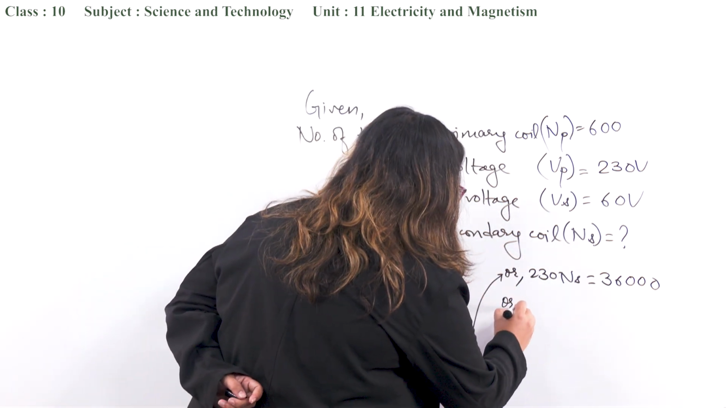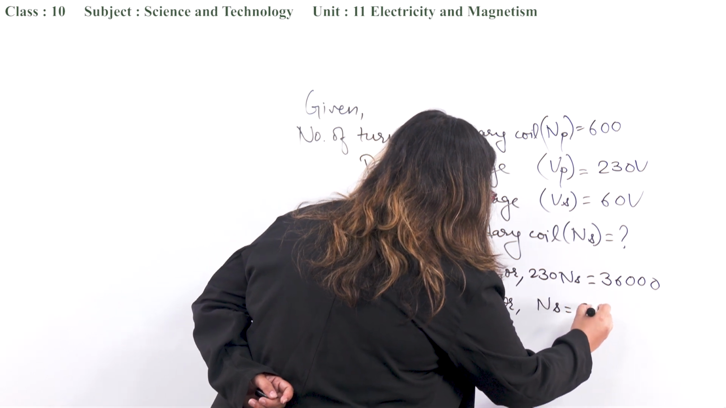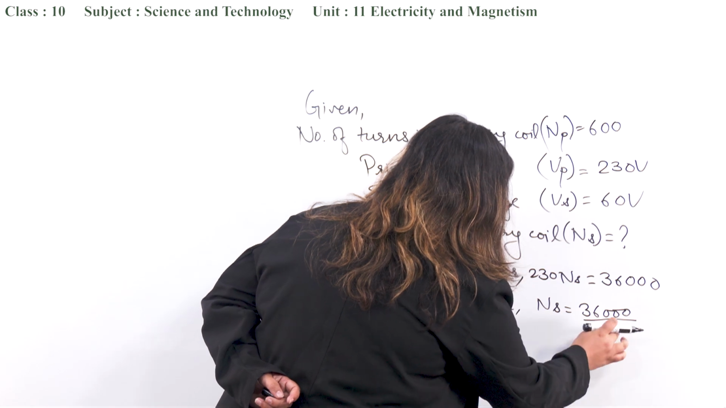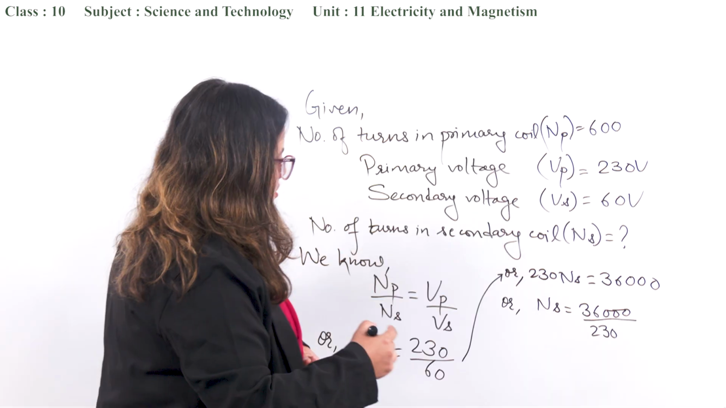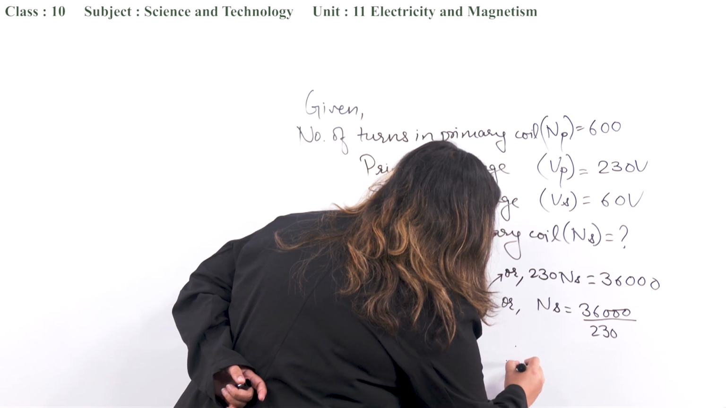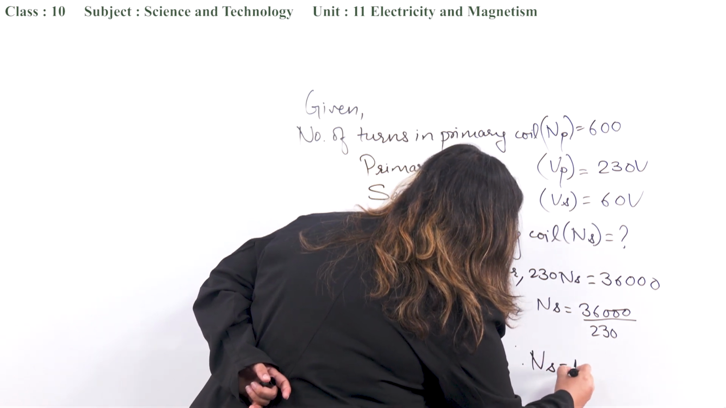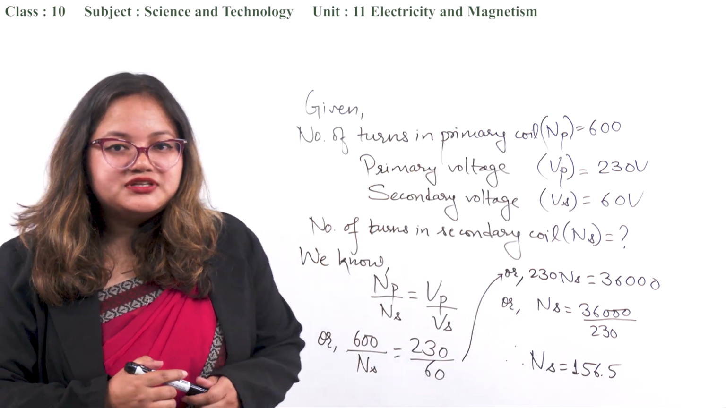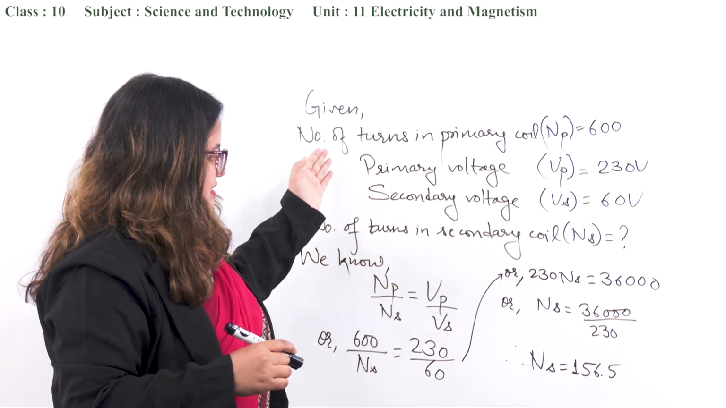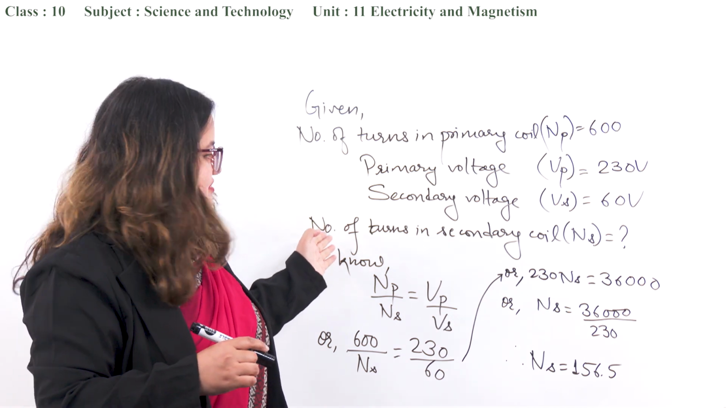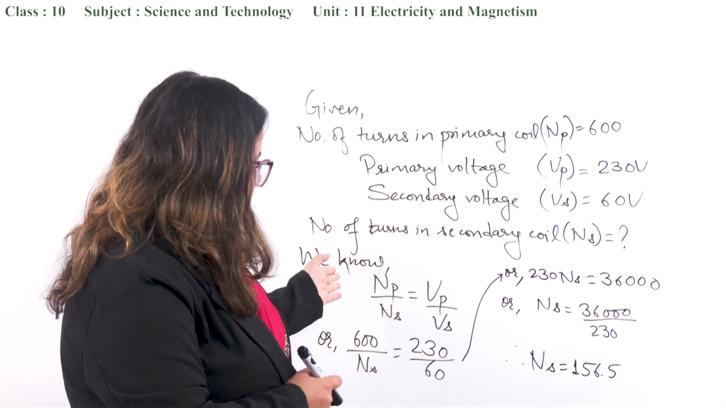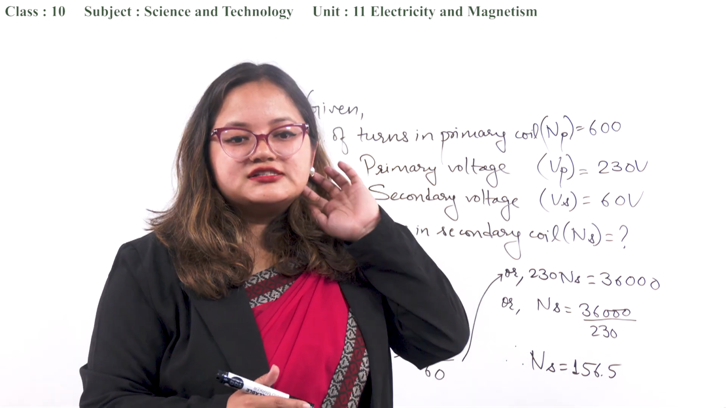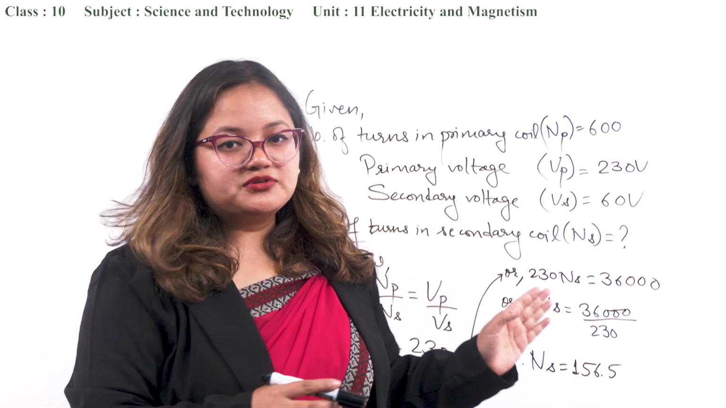Now we will simply divide 36,000 by 230. So after you calculate this, we will get that the number of turns is 156.5. Now let me tell you, here we first listed the given parameters, and we use this formula. With this formula we did simple cross multiplication and found that the number of turns in the secondary winding is 156.5. But